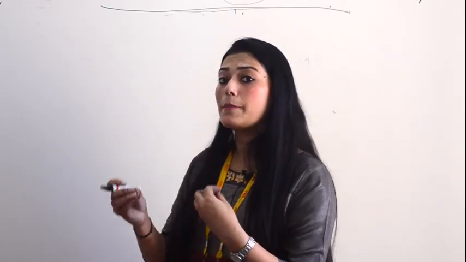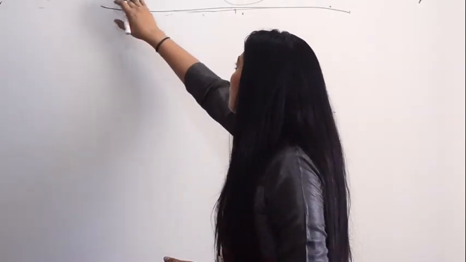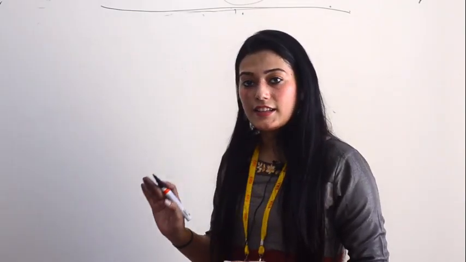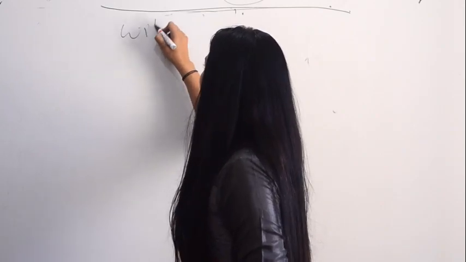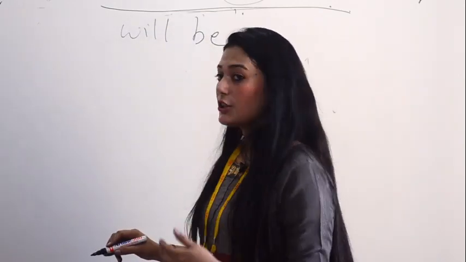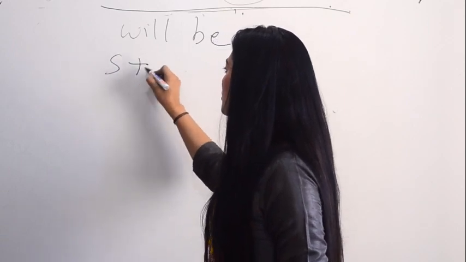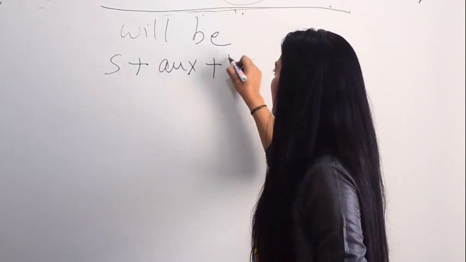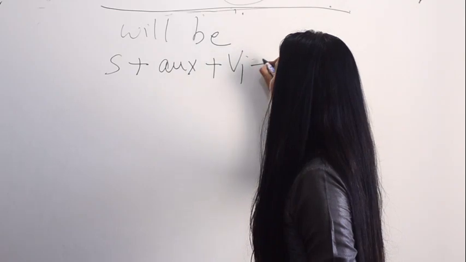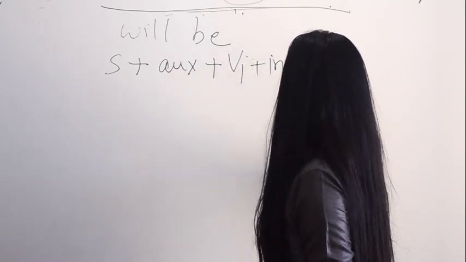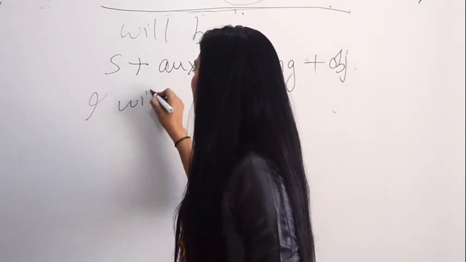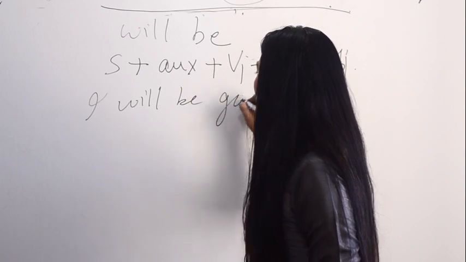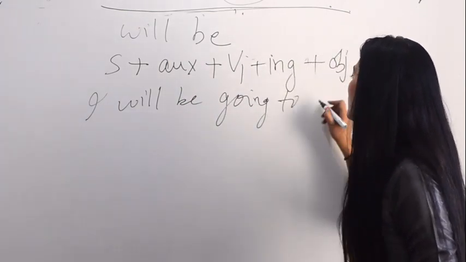Alright, when you are guessing a possibility or probability of something happening in the future, you say those things in future continuous tense. Alright, its auxiliary is will be. The structural formula is subject plus auxiliary plus the verb's first form plus ing plus object. I will be going to